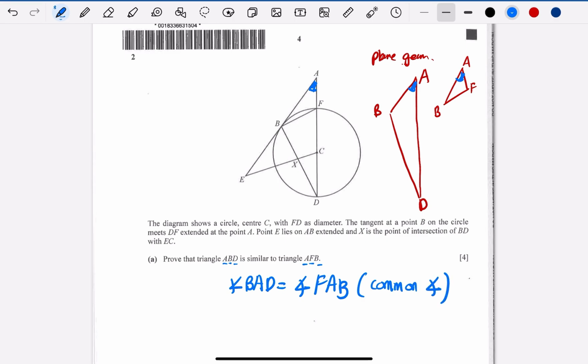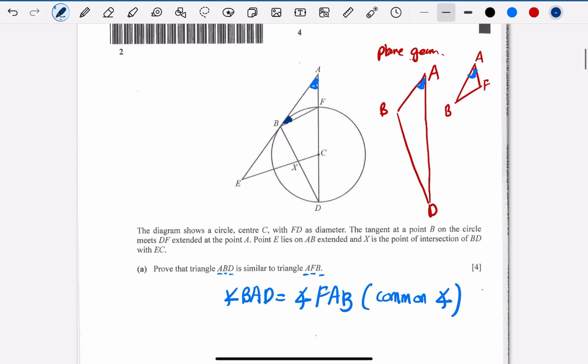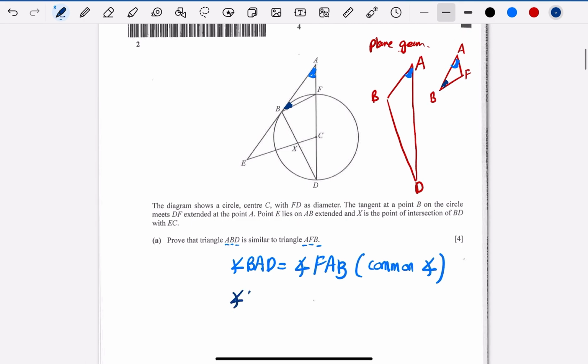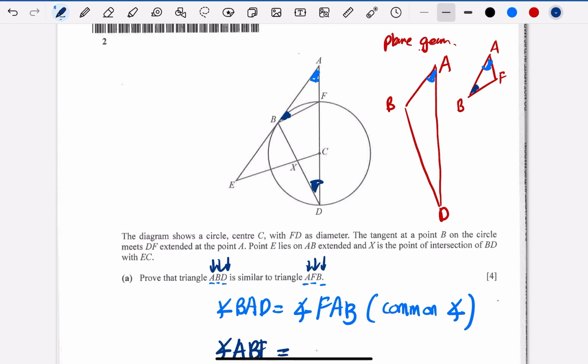So we have already proven that one angle is the same, and to prove that they are similar, we just need to prove another angle. Another angle that is very easy to see is this angle over here, my angle ABF. Angle ABF should be equal to ADB, which it is. Because ADB is actually up here, in which if you see this triangle in here, this is actually just